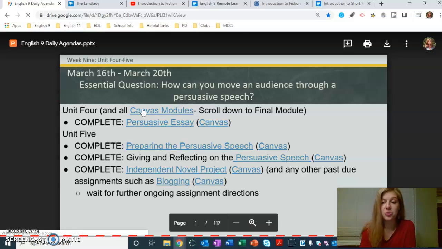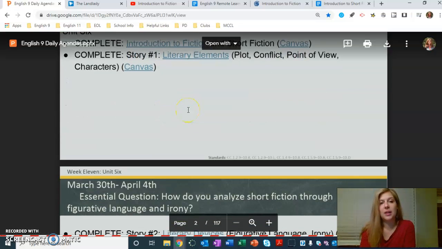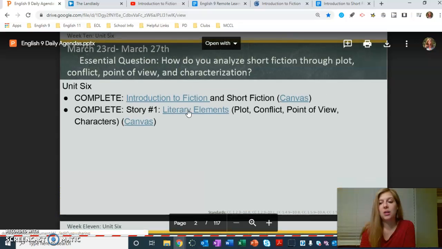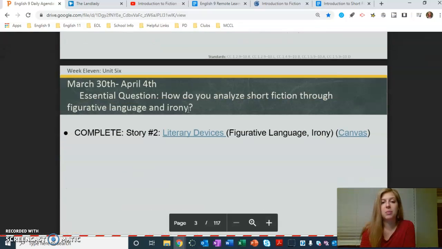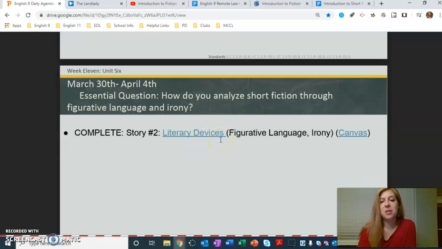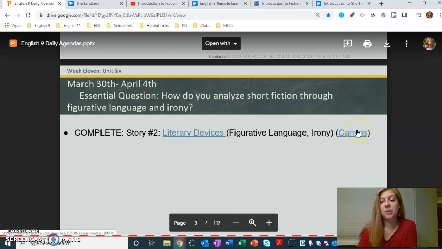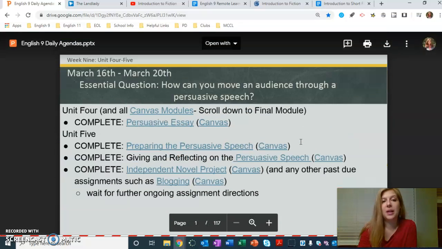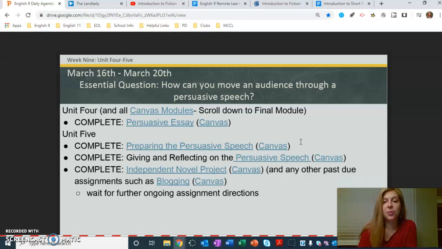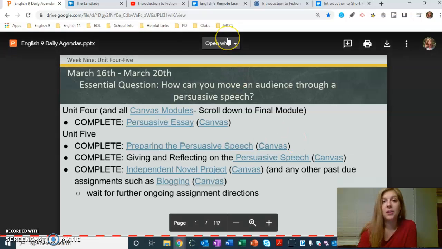And then my due dates are for the end of each week. So like by the end of next week, that's this week, by the end of next week, then this is the only real assignment that I want you to have completed and be up to date. Okay, so those are 3 different ways that you can access the assignments going forward. Let me talk to you a little bit about the schedule